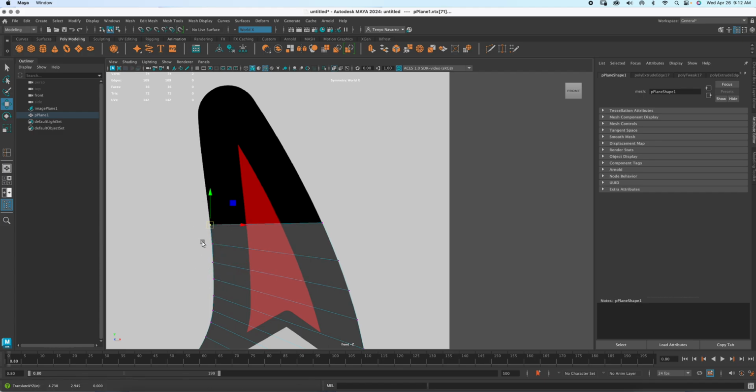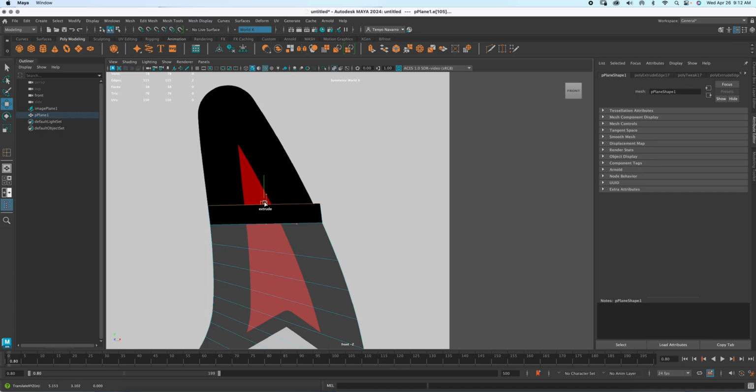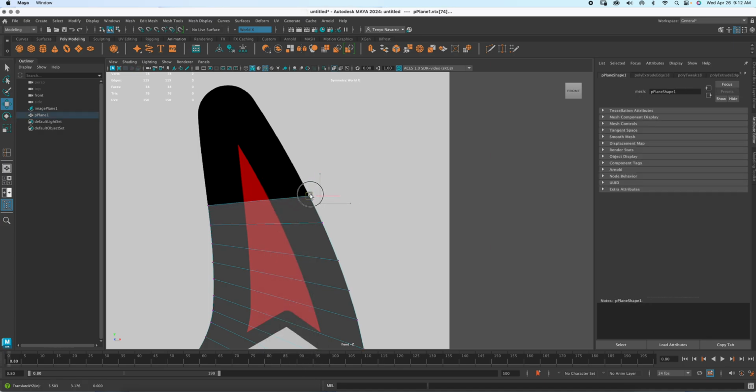Because we want to start straightening up. We don't want to keep it with a weird curve. So now, if I click and drag, let's fix this vertex here. See how it's straightening up? That's what we want here. Because now